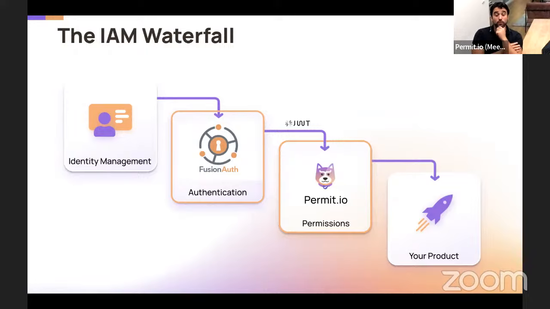So to explain, with OPAL, when you send an update on new data that you need, you don't send the data itself. You send instructions on where to get the data. So each microservice, each policy decision point can go and fetch the data that it needs without that data being uploaded to the cloud or to Permit or to anywhere else. And that really enables you to use this complex advanced solution with its experiences, but without giving up your security, compliance, or the sensitive information that you obviously care about.